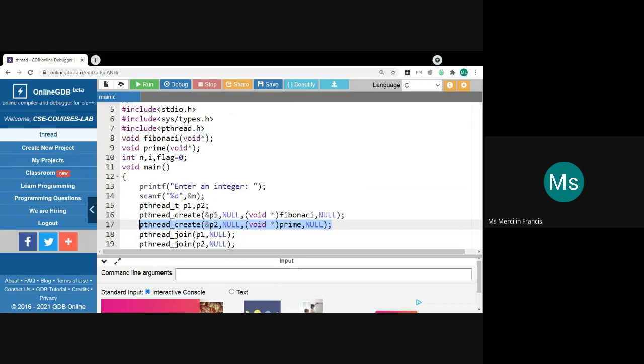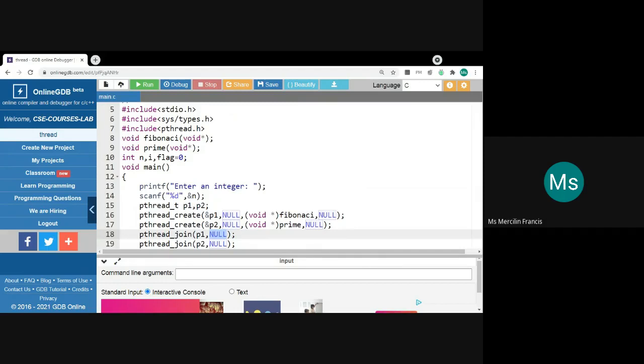In order to wait for a thread to complete its execution, the pthread_join function will be used. The pthread_join function waits for the work assigned to the thread to be completed, and once completed it will be pointing to the null address space.